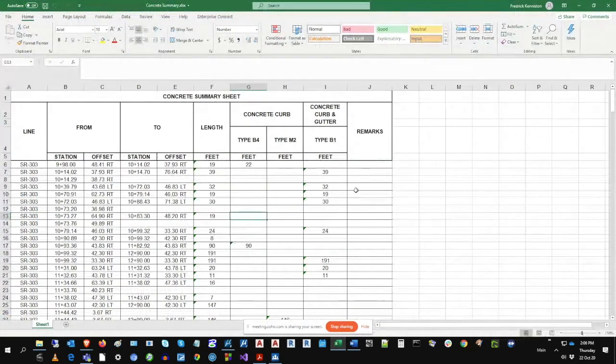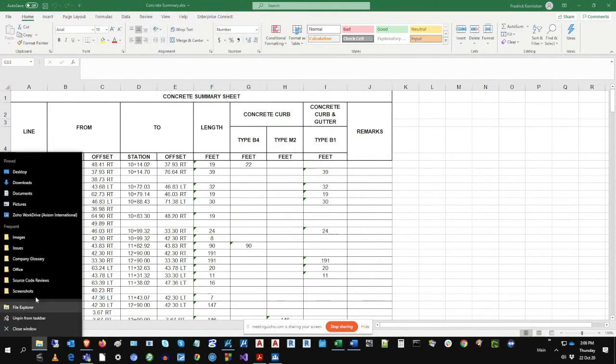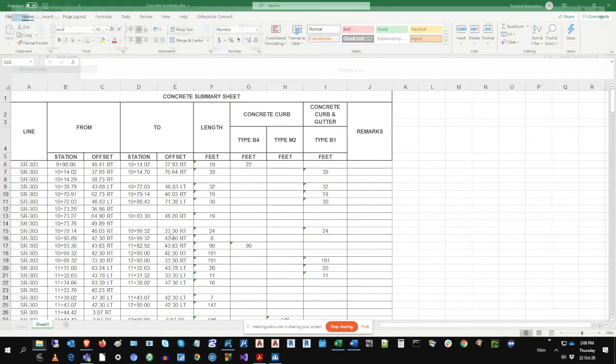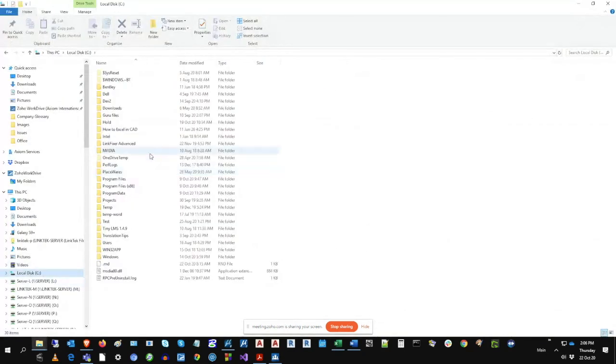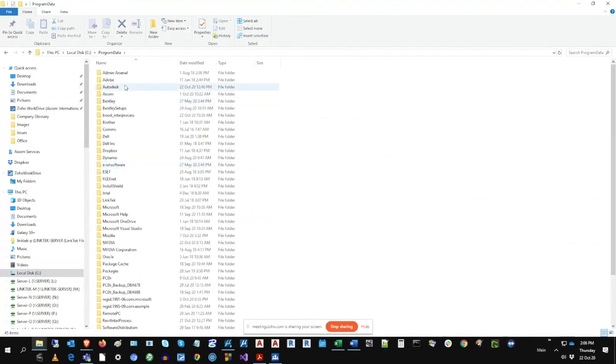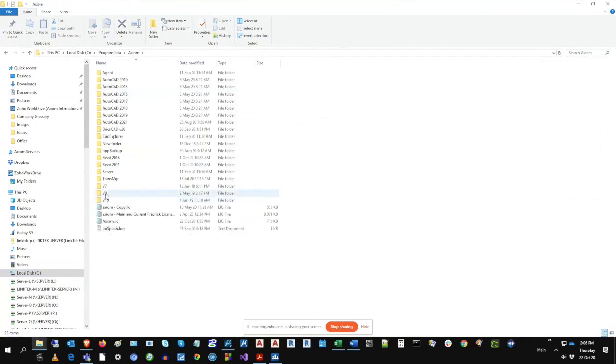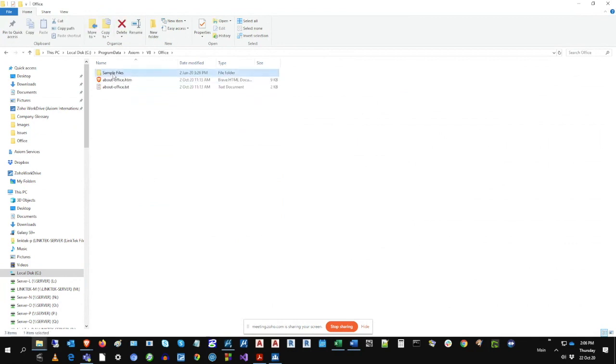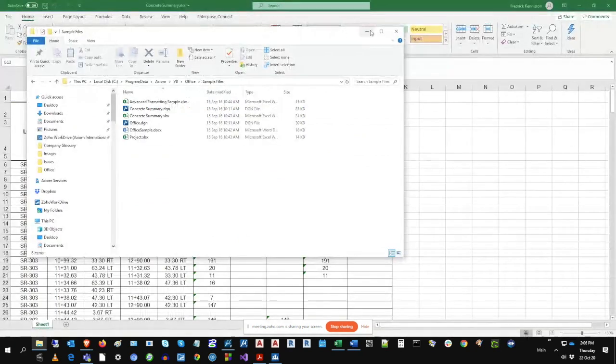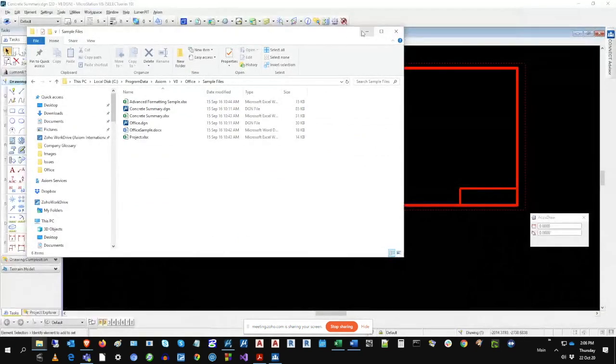And this file actually comes with the program. In fact, when you want to learn to use the program, when you install it on the C drive, ProgramData, Axiom, V8, Office, you see this folder, Sample Files. These are the sample files that are installed with the program, and they are used in what's called a Quick Start guide, or the basic tutorial for the program, which I'll just take a moment